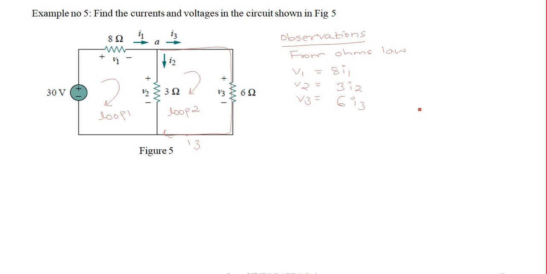So next, how to solve? All three are unknowns, voltages as well as currents. But we have a node available where three currents are flowing. So if we apply KCL at node A, one current is entering, that is I1, and two currents are leaving, that is I2 and I3. If you rewrite these, you can write I1 minus I2 minus I3 equal to 0, right?